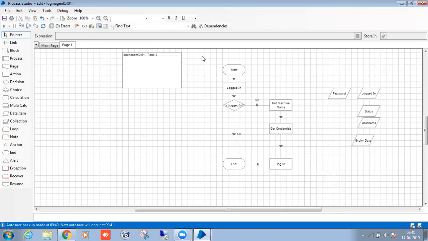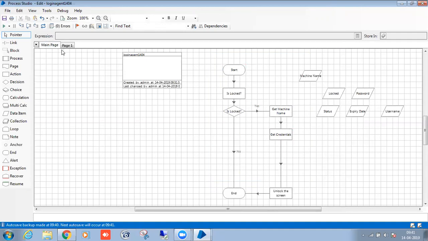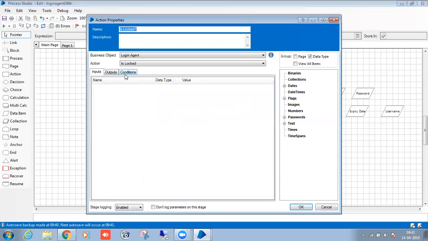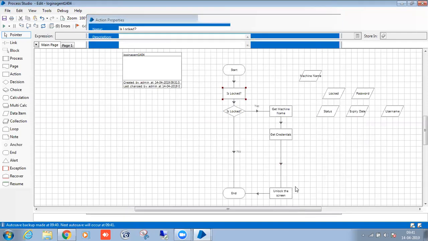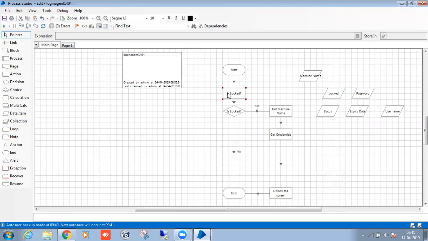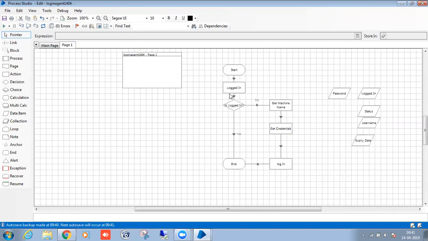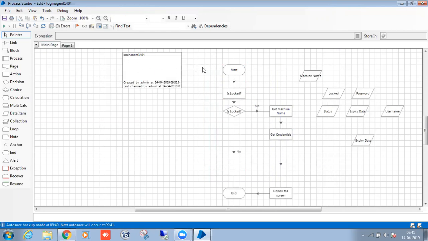Okay, they will run this process first. They will check, suppose if you run this one before this, what is happening? Screen lock automatically false, right? So if the screen lock is false, there may be two reasons. If you're not logged in also, the screen lock is going to happen, right? So first they will check whether it's logged in or not. After logging in, it will check whether its screen is unlocked or not. So after that, they will run our main process.